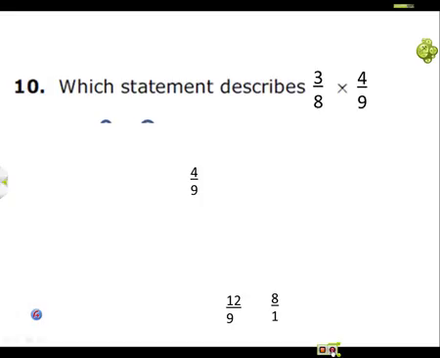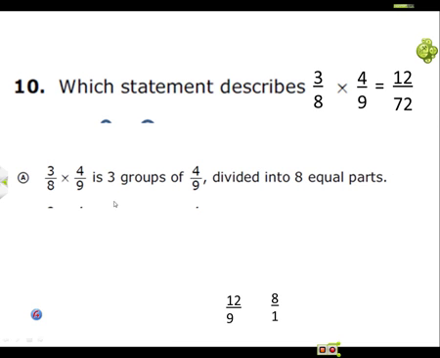This question was really hard for me because I didn't understand it that well. So, 3/8 times 4/9, to multiply that, you just multiply it straight across. You don't have to click, or just press space. No, click. There we go. So 3 times 4 is 12, and 8 times 9 is 72. I didn't understand why this was the answer, but